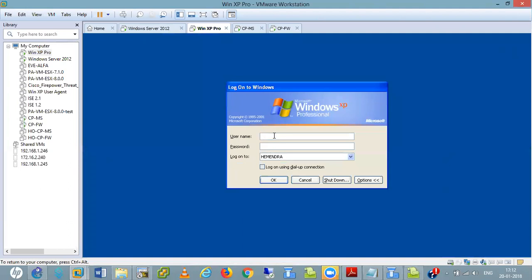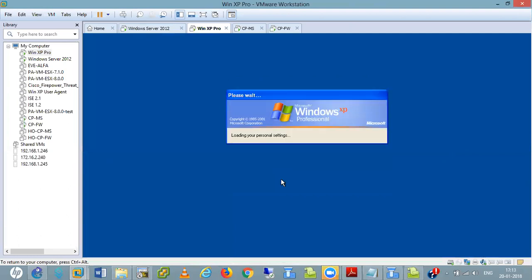So what happens at that time? We are not prompted for the captive portal. But if we don't log in as an AD account, then what happens? If we try to go to any website, we have to put the AD credentials into that captive portal authentication page, right? Same as right now. See, right now I am logged in as an administrator again, on this PC only.